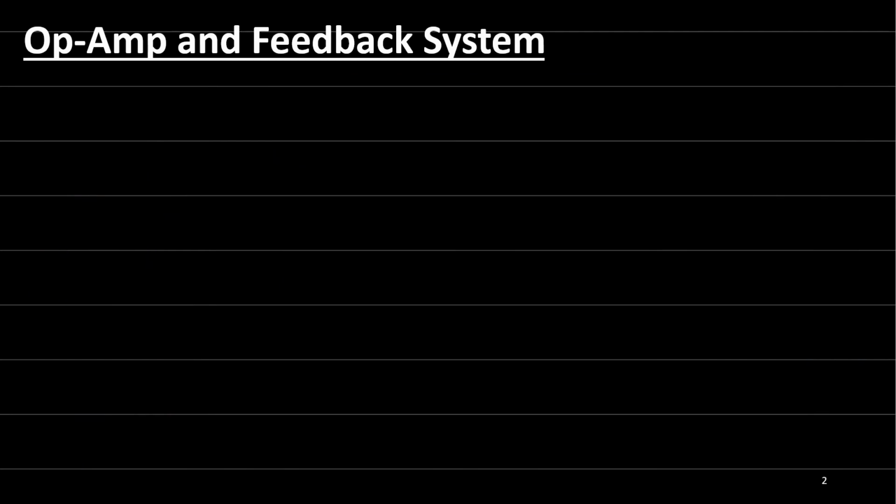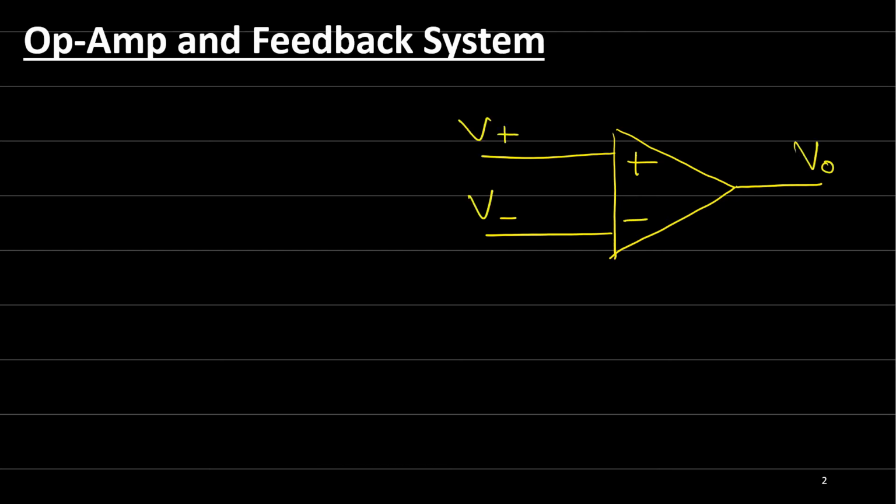The operational amplifier is a differential amplifier that has two inputs, the non-inverting input and the inverting input, and one output. The operational amplifier is a form of integrated circuit, IC, and this kind of amplifier is constructed by integrating a large number of electronic devices into a single semiconductor component.